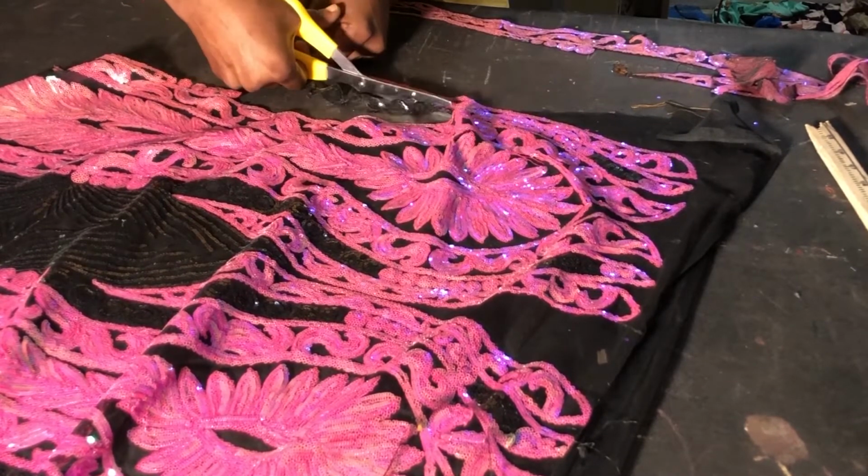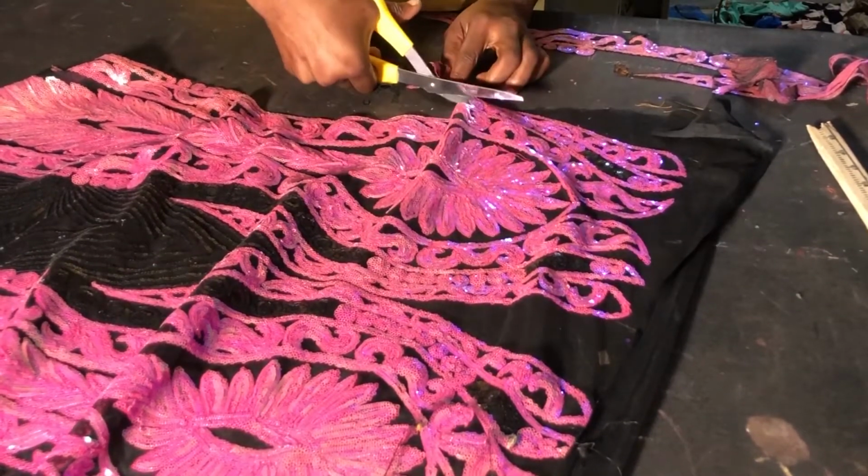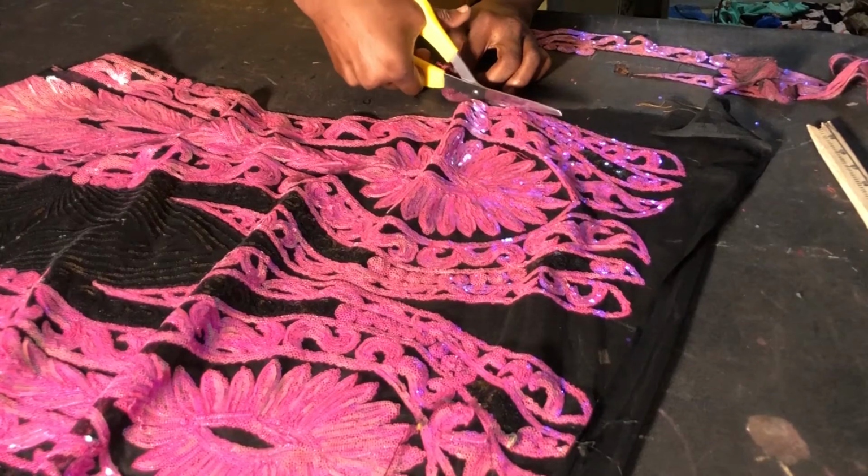But if you're still learning, I would suggest you use scissors so that you don't cut through the appliques you're trying to bring out from your lace. So once I'm done with that,